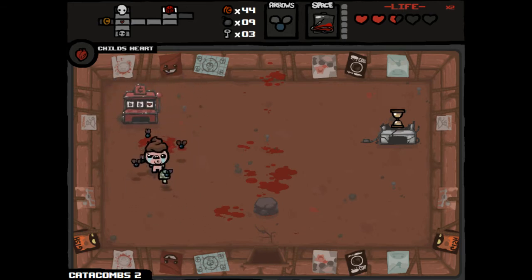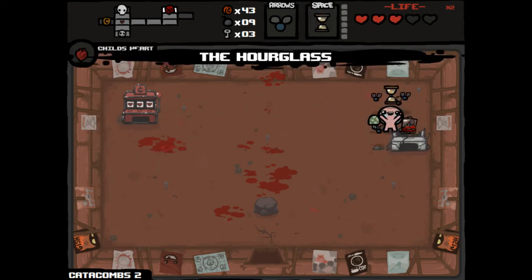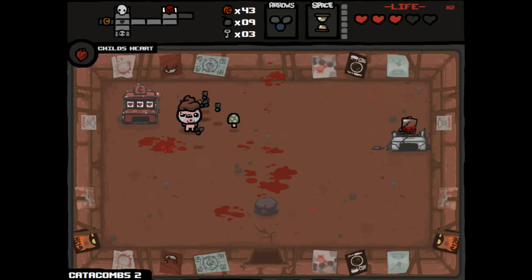So, I'm almost tempted to just take the IV bag with me because I don't really like the hourglass too much. But I don't know, it could end up saving my life, so I'll probably just hang on to the hourglass. I can always come back and get the IV bag later. But I want to